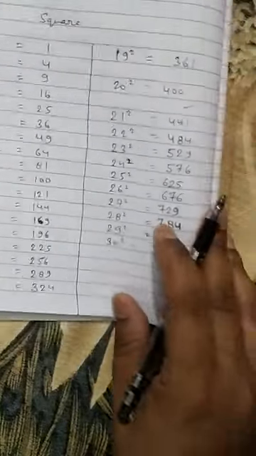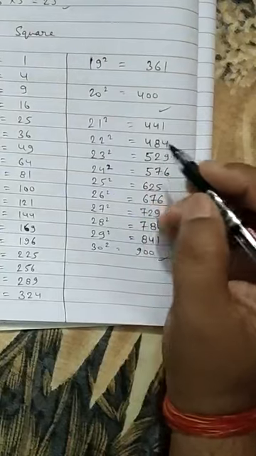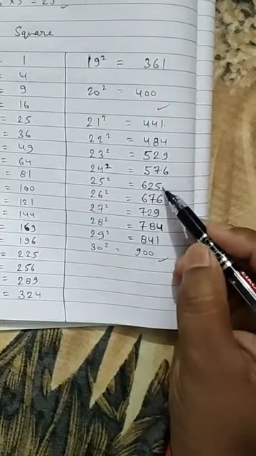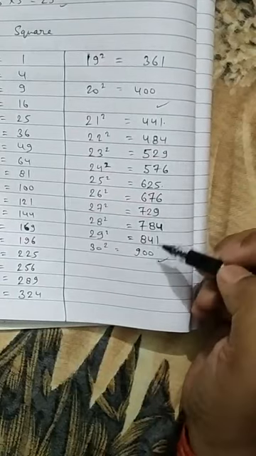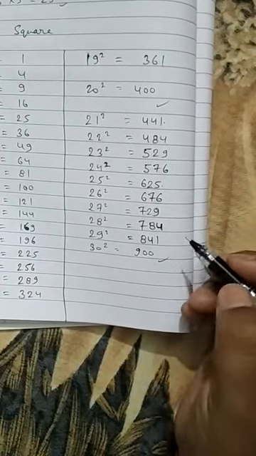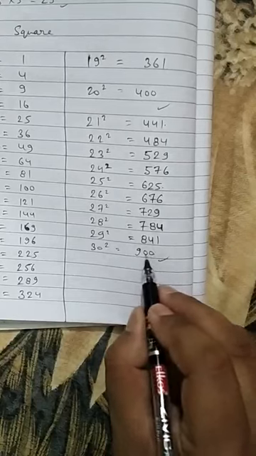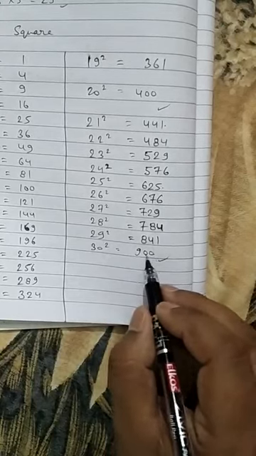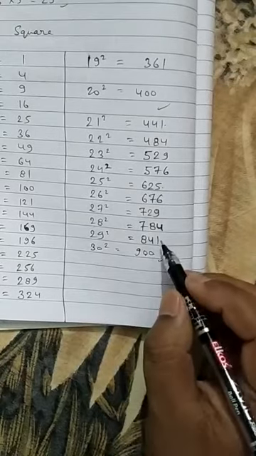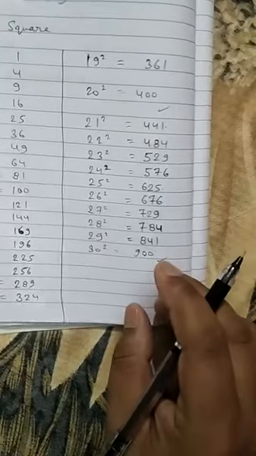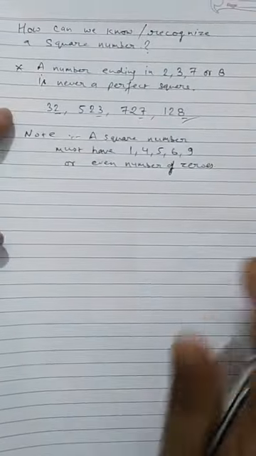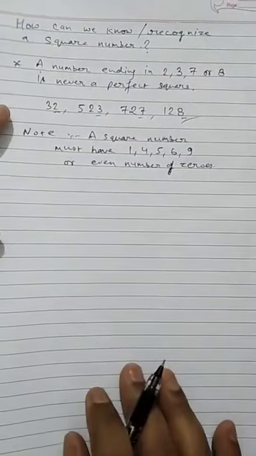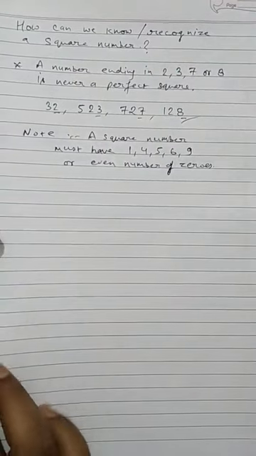As we take any perfect square, here from 21, we see 1, 4, 9, 6, 5. These are the digits that are repeated, and here we have 2 zeros. So 2 is an even number, so 2 zeros are here. 1, 4, 9, 6, 5. This is the perfect square numbers.